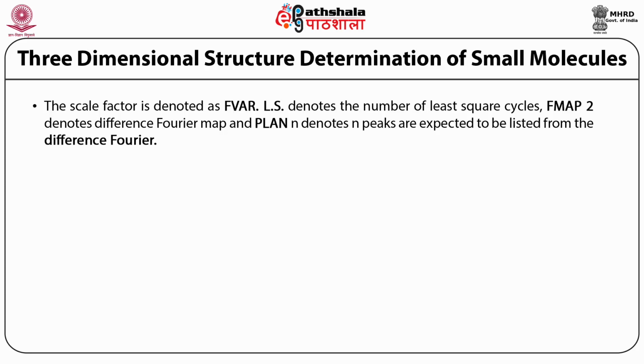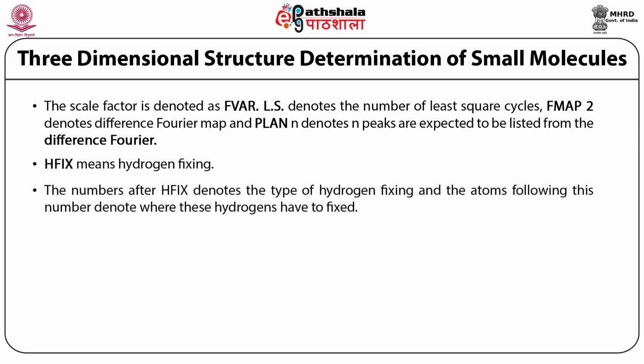Then once you get these things done after anisotropic refinement, you can fix the hydrogen atoms. Because hydrogen atoms are very light, all hydrogens will not appear in the difference Fourier. We can give the geometrical fixing. There is a means of giving the HFIX command depending upon what type of hydrogens are there, NH or NH2 and CH3 and so on. Once you do it, then we get the results about the reliability of the model you are proposing for the actual structure.